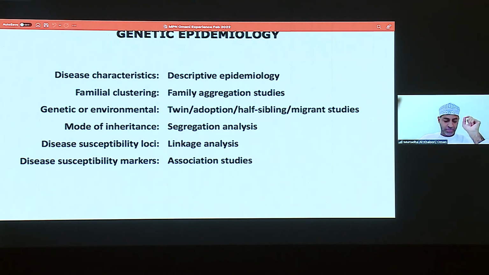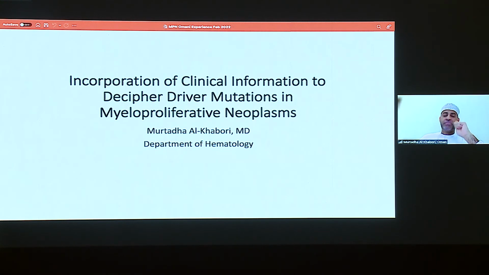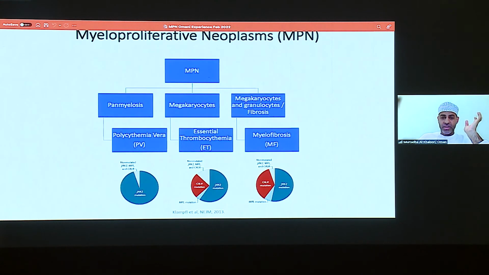The second part of my presentation today is a study, an attempt to explain why a single driver mutation, JAK2, gives you different phenotypes: PV, ET, and myelofibrosis, or even unclassified. So if you look at the MPN and you do a bone marrow, you would see either a panmyelosis, which suggests PV, megakaryocyte proliferation, which suggests essential thrombocythemia, or advanced fibrosis or megakaryocyte proliferation with granulocyte proliferation,